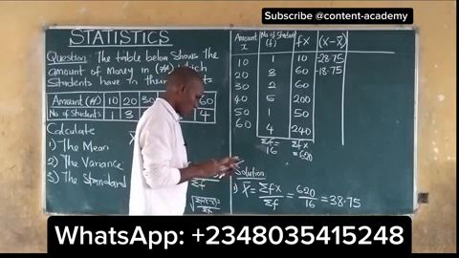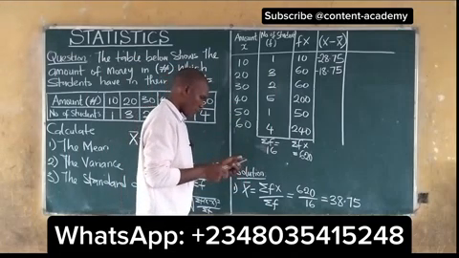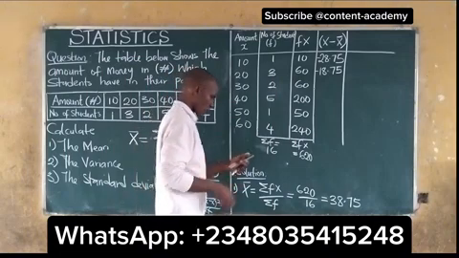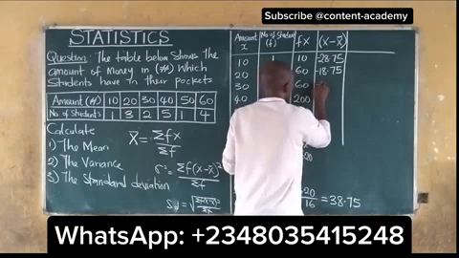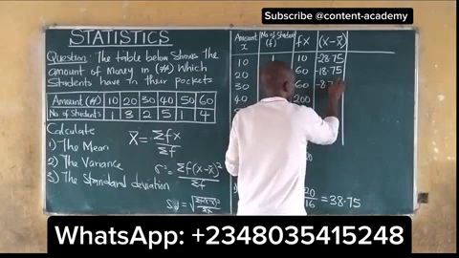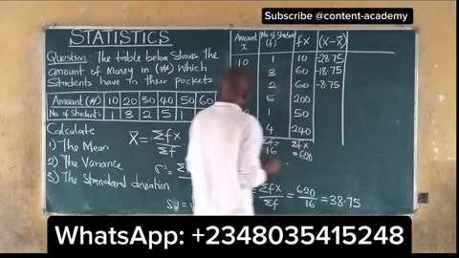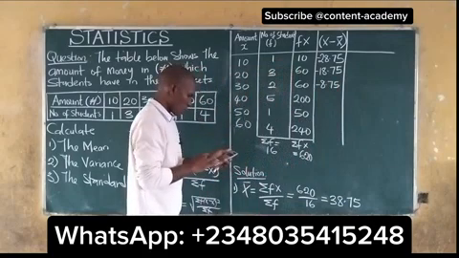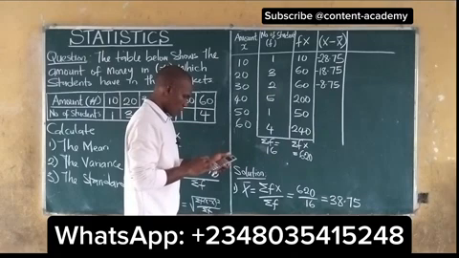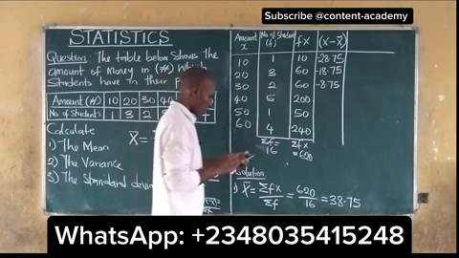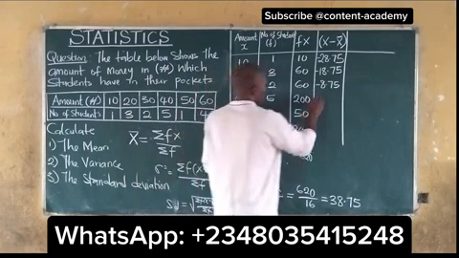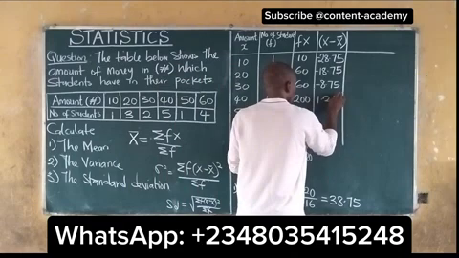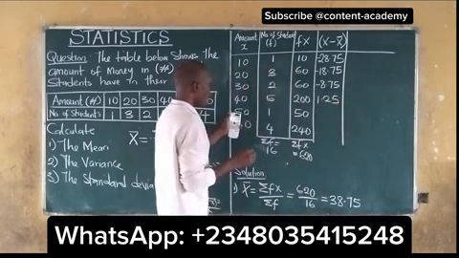30 minus 38.75 is negative 8.75. Now, we also have 40. 40 minus 38.75, we have 1.25. Also, we have 50 minus